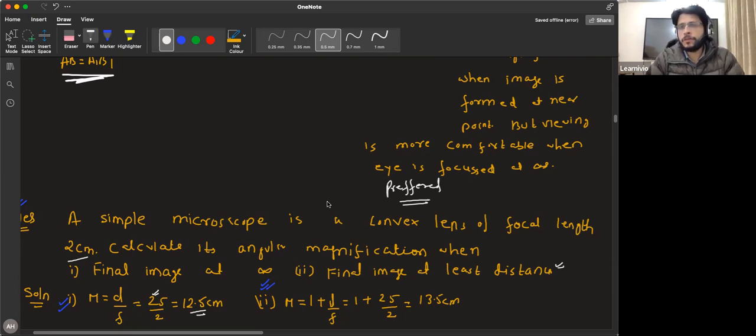The rest I have shared the assignment. From that assignment, you can practice questions on simple microscope only. Don't try questions of compound microscope and telescope. That we will finish most probably in the next class. So from my end, class is over. If you have doubts,